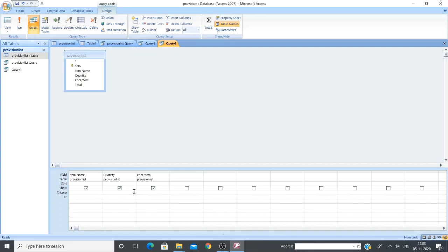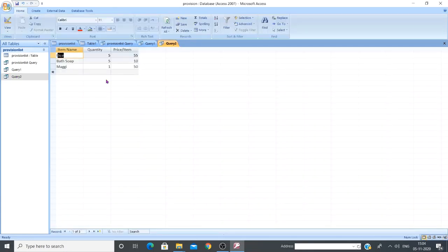The criteria is price less than 100. Items which are less than 100 I want to display. So I have given the criteria conditions over here. Click on the Save button, Query 2, OK button. Now double click on Query 2, you can see less than 100 rupees. 3 items come under less than 100 rupees. Is it clear, students? That's good.